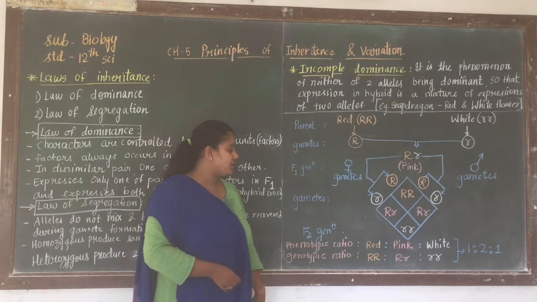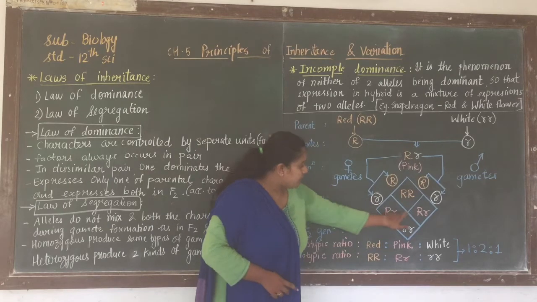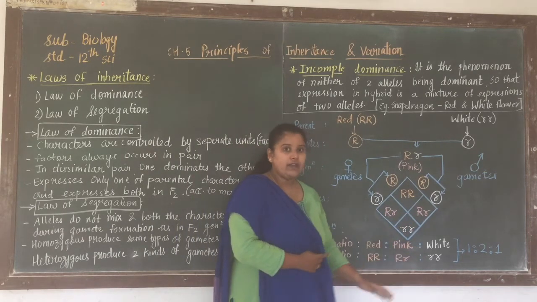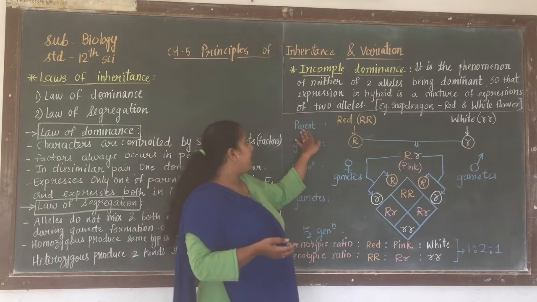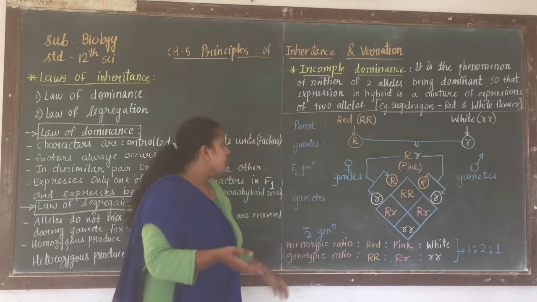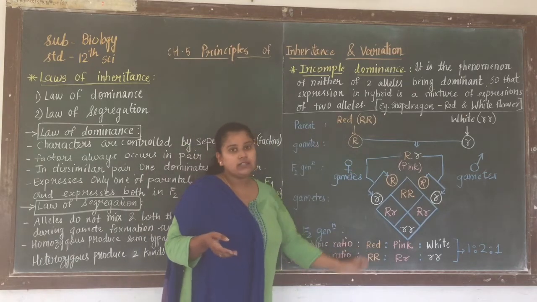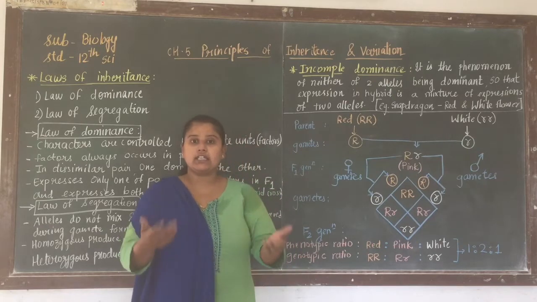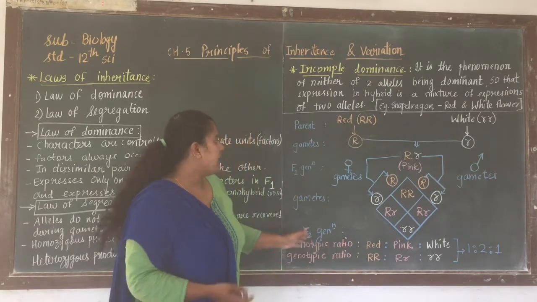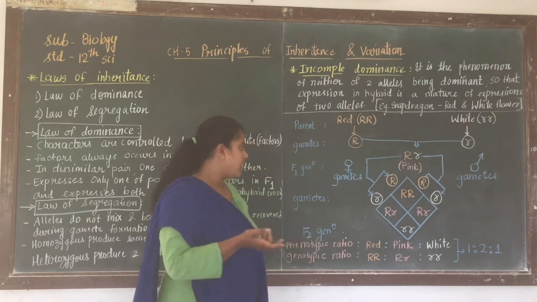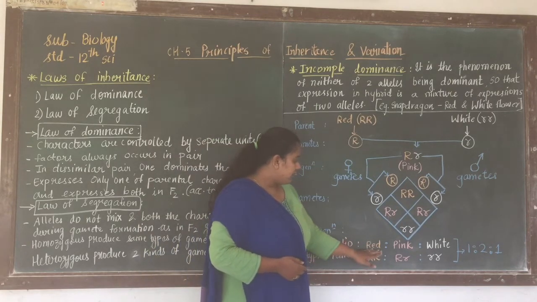The first phenotypic ratio is red is to pink is to white, right? So red is to pink is to white. We initially had the parents, which were only two, that is red and white. But when we did selfing of the two gametes, which are equally expressive, what happens? We are getting another colored flower, that is pink, right? So here the ratio will be red is to